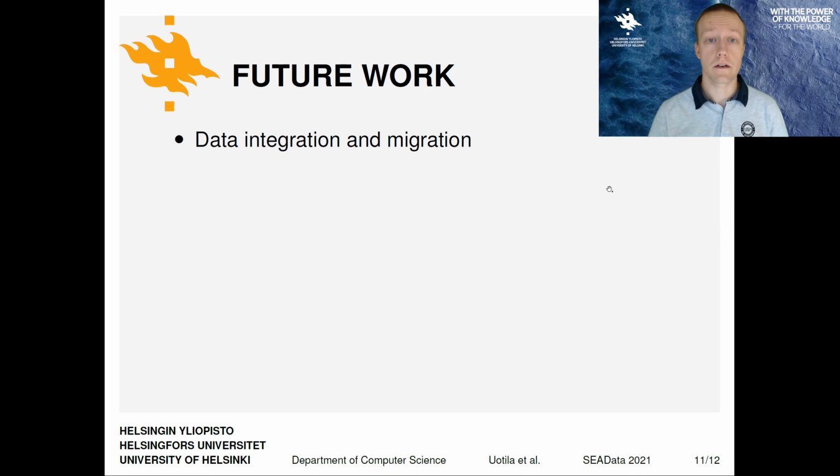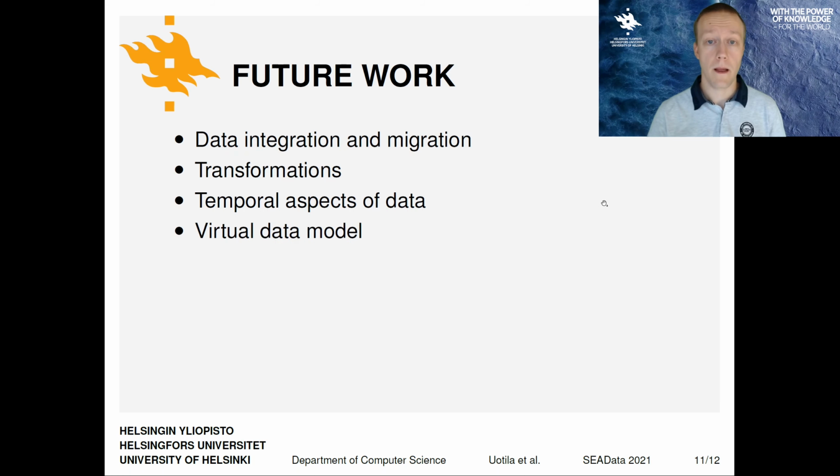Our future work includes researching more the presented challenges, which include data integration and migration, transformations, modern query languages, temporal aspects of data, and the virtual data model. In this work, we believe that we can utilize category theory.